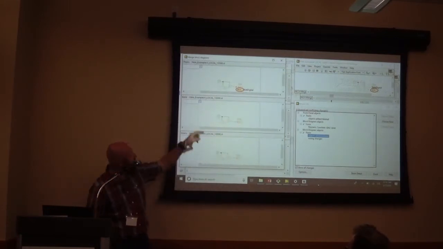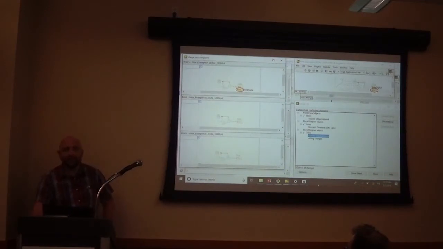Do we want to change the wiring? Do we want to add this indicator? That's really what this tool is for. It's to facilitate being able to take multiple pieces of code and stick them together. And it's creating a merged VI over here on the side. Once you're done selecting,